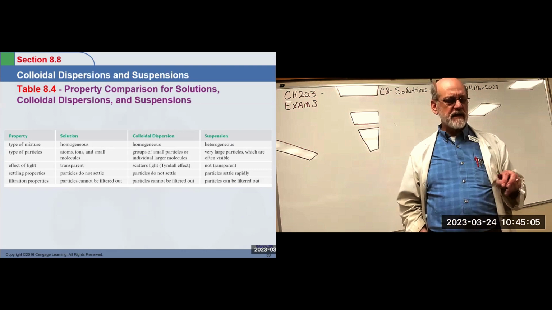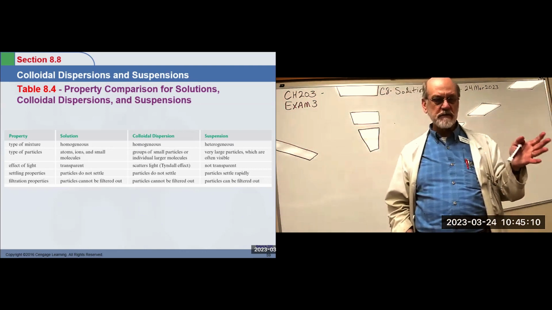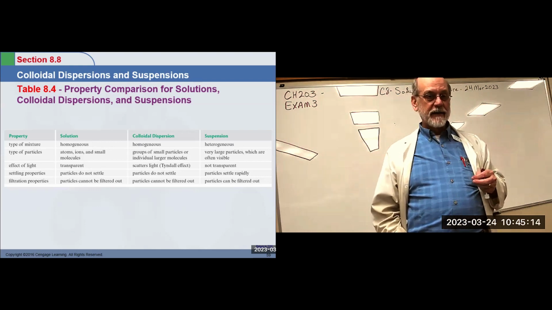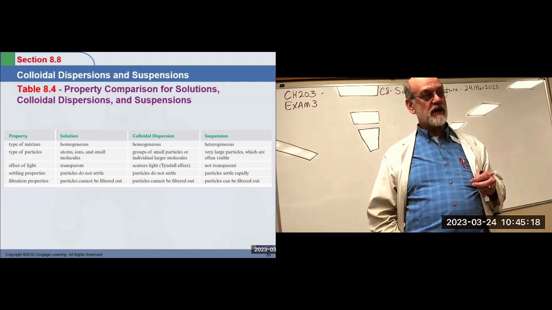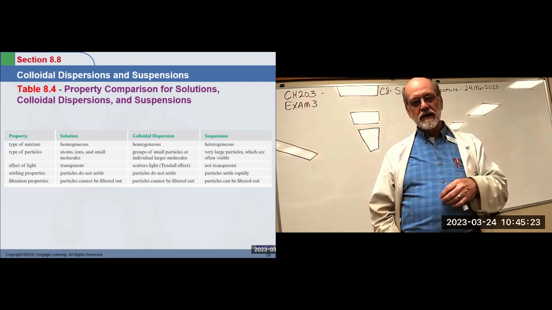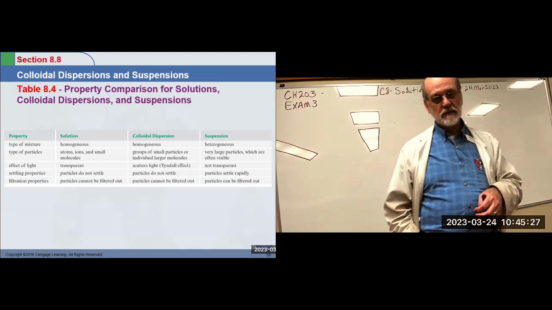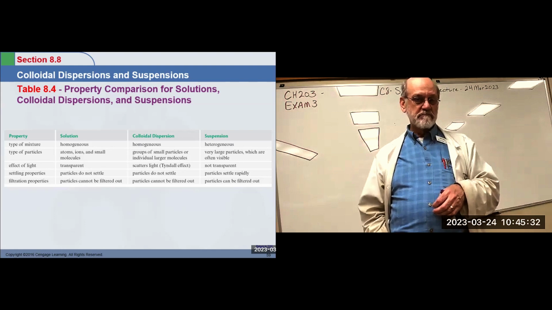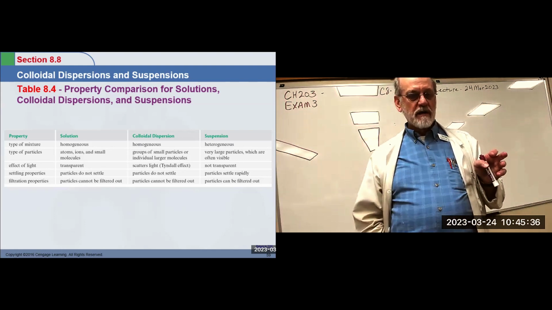In solutions, the solutes can be atoms, ions, small molecules. In fact, some big molecules can go into solution. They're transparent to light. The Tyndall effect does not show dispersion. Particles don't settle, and you can't filter the particles out. There's no way. But a colloid, while it's homogeneous, these particles are,